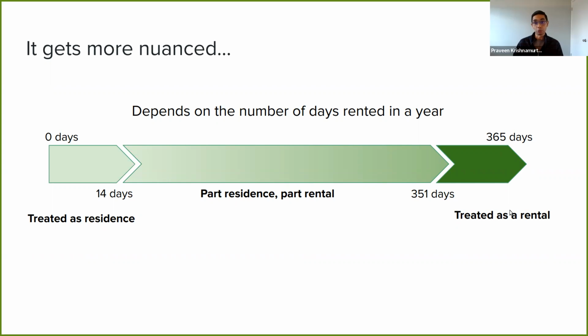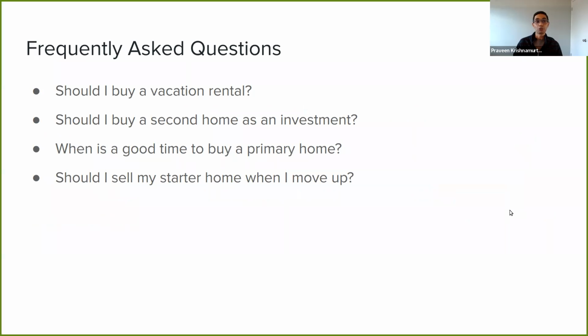Is it a year-round destination, or is it only a seasonal destination? All those become considerations, and you want to consider more financial aspects of the income, the expenses, and the upkeep than you would if you were using it for personal enjoyment and benefit. So that's the first question.